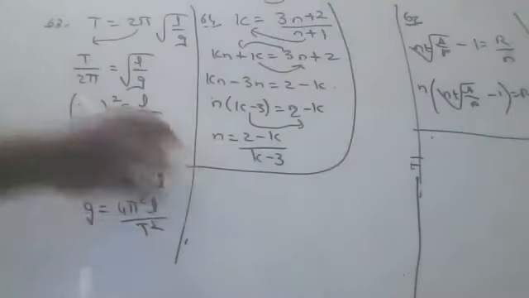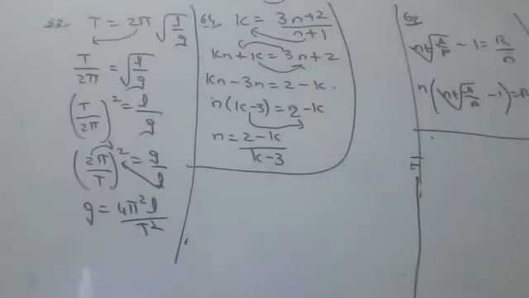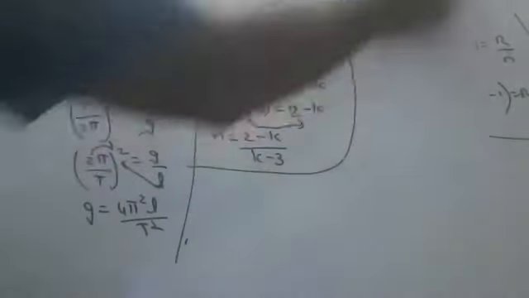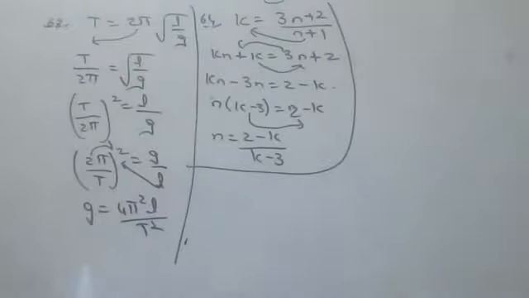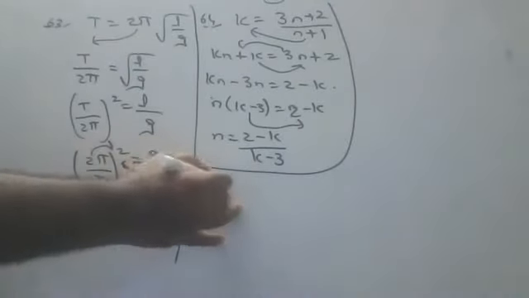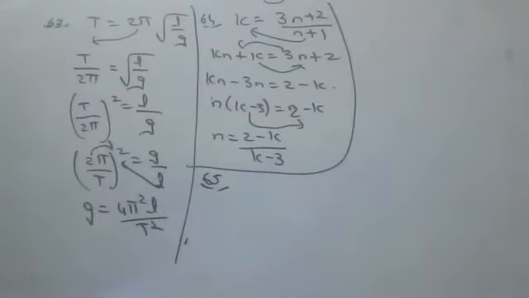Like this, you have to make it as a subject. Making a subject means you have to bring all the terms onto one side. That's all, children. That is a basic understanding. If you know that only, then you can find out the coordinates in the graphs also, children. If not, if you don't know which one to make a subject, you will find a lot of difficulty. Okay, anyway, children, next sum.